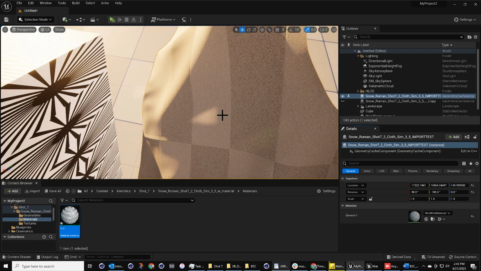So the default material that Unreal uses is called the world grid material. That's just kind of the default thing it throws on any object that doesn't really have any texturing going on. It's just a piece of geometry you brought in. This can kind of tell you what's up as well. So if you compare what this looks like,